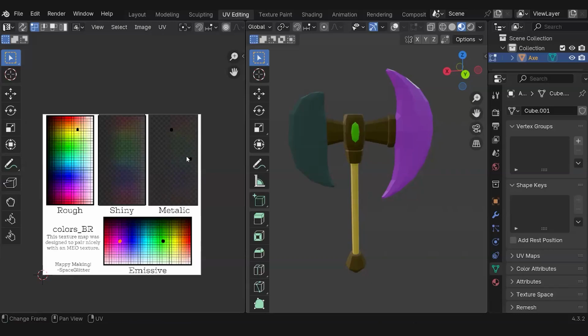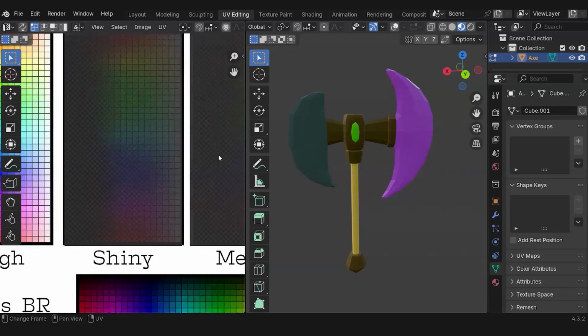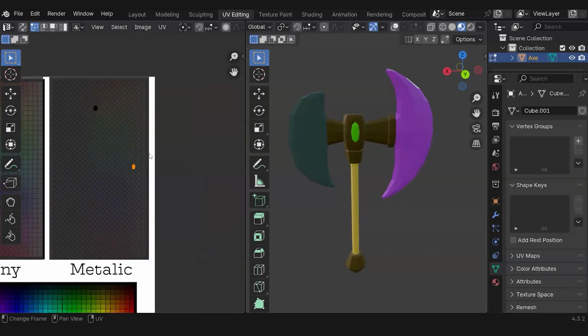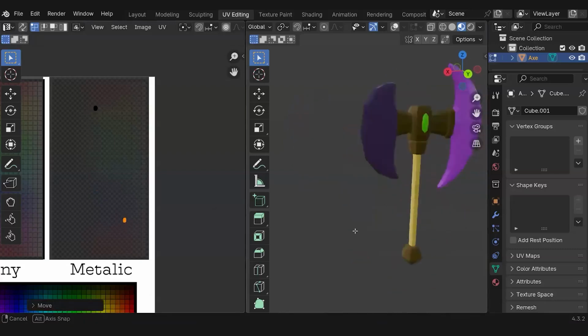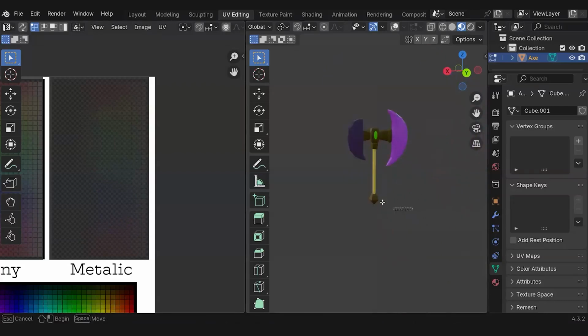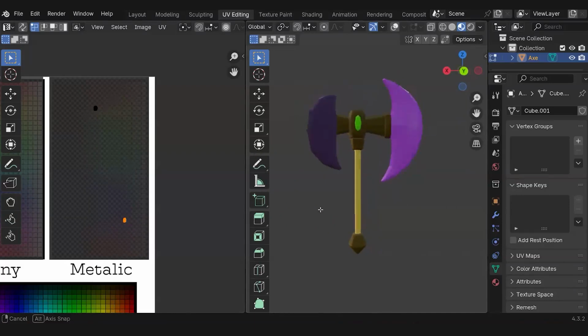So for example, if I were to select one of these guys, and unfortunately, I do have the rest of the texture in another file, but we're just going to eyeball it for here. So I'm going to go ahead and let's say, I don't know, I wanted this blade to be a purple, just kind of like, oops, sorry. I switch programs all the time, and they all require different movement keys, and it's driving me crazy. Anyways,